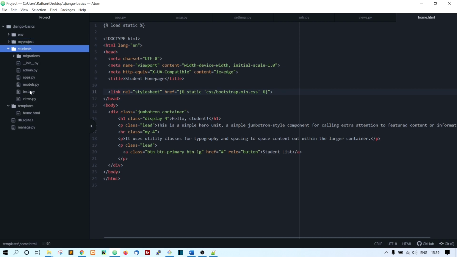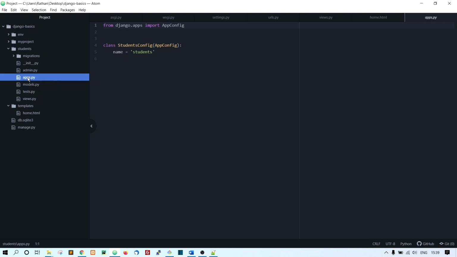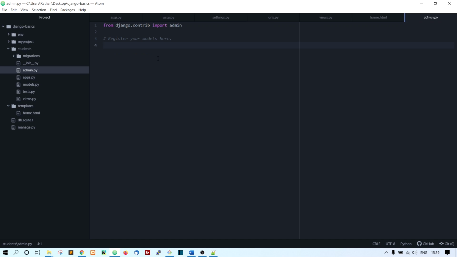Inside the students app we have the views.py file, which is already created, and this is the tests.py file. Here we can run some tests. This is models.py, where we do some database operations, and this is apps.py, which comes by default with the Django app creation. And this is the admin.py file. Here we write